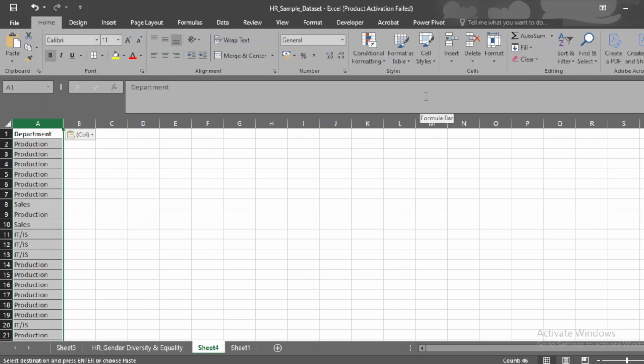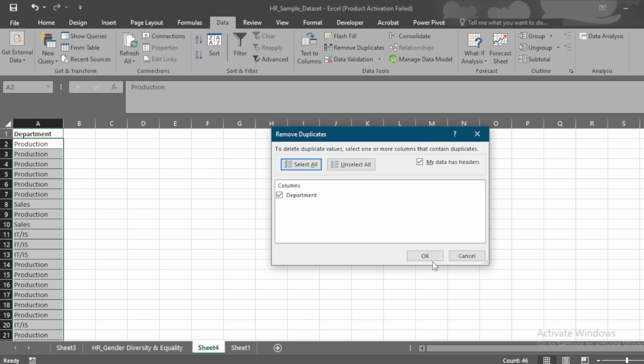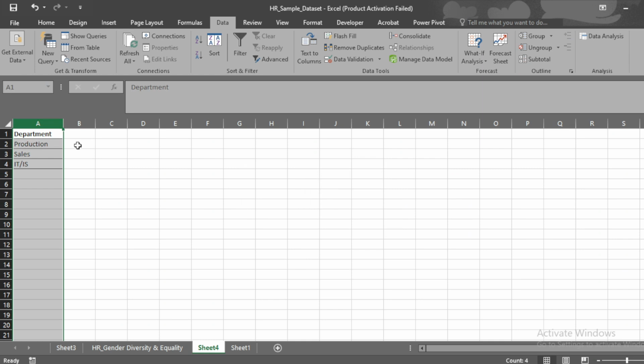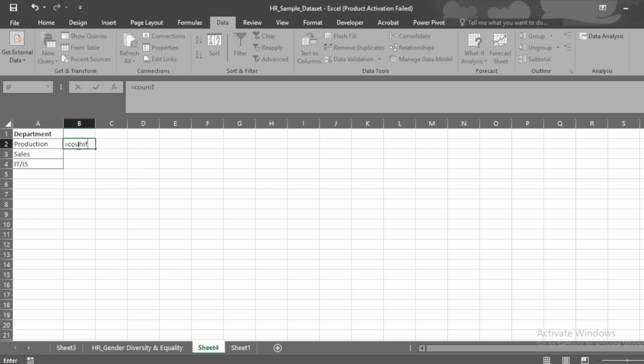We just want to show the department-wise employees data, how many employees are present. So here in the Data section, click on Remove, then click OK. Here we can put the COUNTIF function,